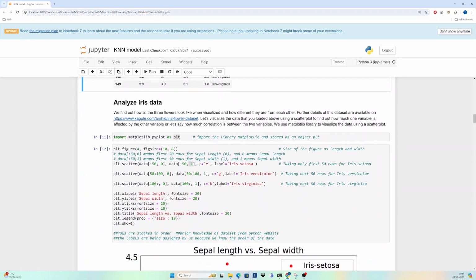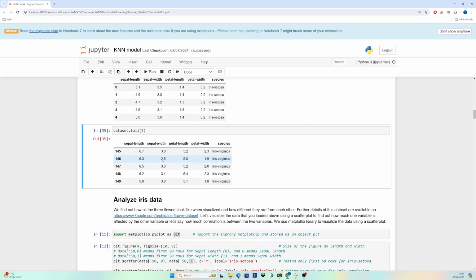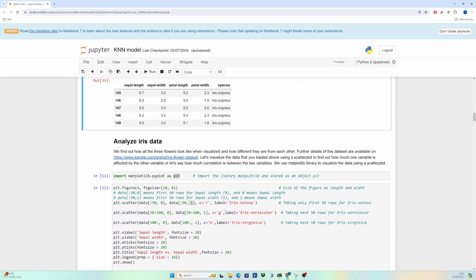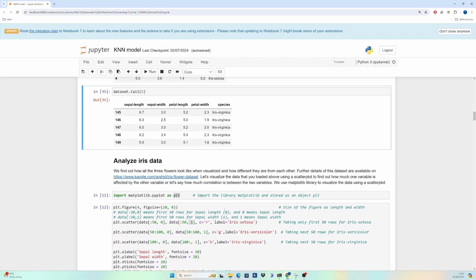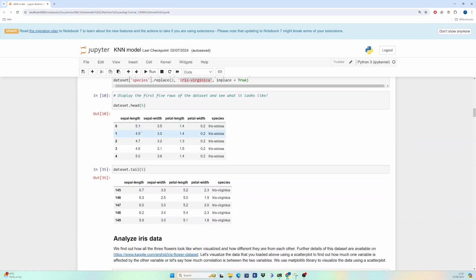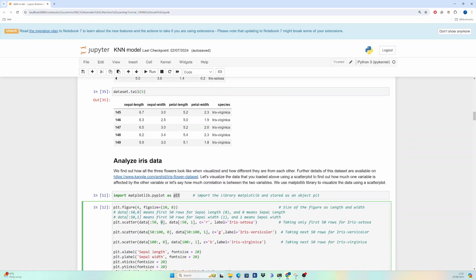I'll try to stick as best I can to normal speech, which is 1, 2, 3, 4, 5, and I'll make that as clear as possible. But if you ever find yourself getting confused, just remember that it's 0, okay? Enough of that. So here, essentially, we have to go to Python speech, which is we're looking at column 0, which is sepal length, and